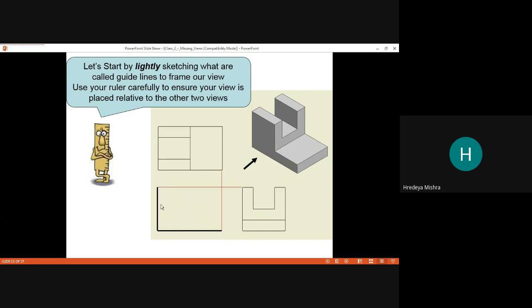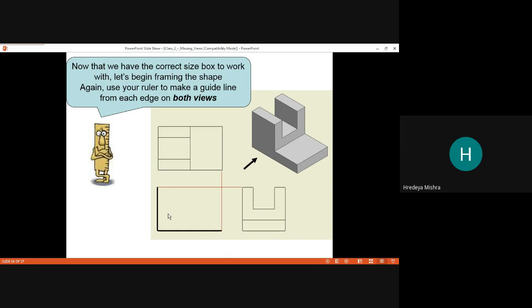So our front view lies between this region. Now that we have the correct size box to work with, let's begin forming the shape.